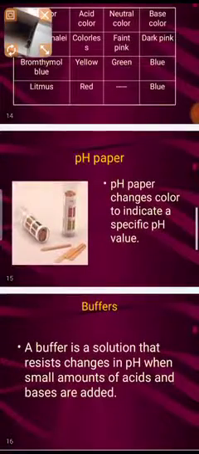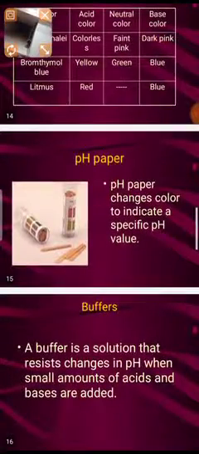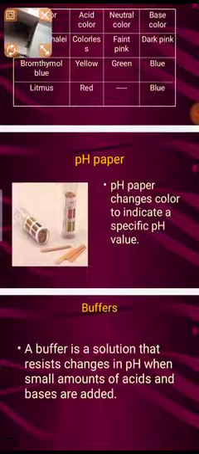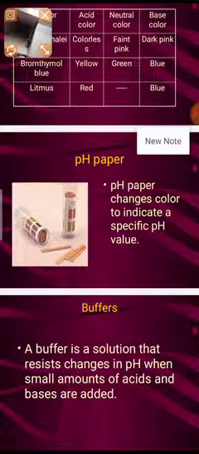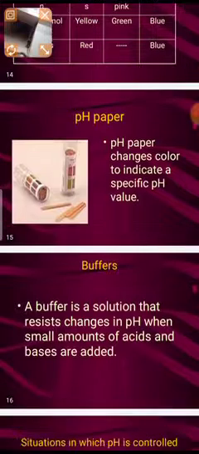In laboratories, we are using the pH paper. The strips which are kept in the laboratories, the pH paper, when dipped into the solution, change color in a specific manner. So that is the number which indicates whether it is acid or base. You can check it in the laboratories also.